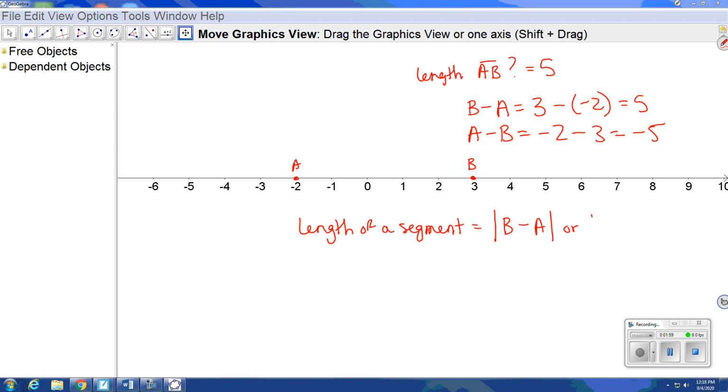Or you could do A minus B, where A and B, capital A and B, are the endpoints